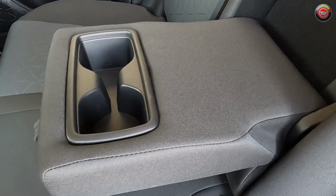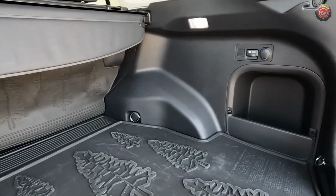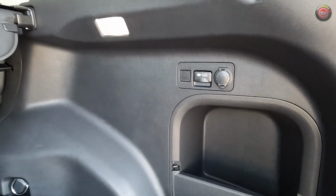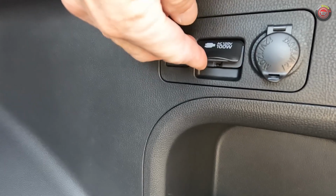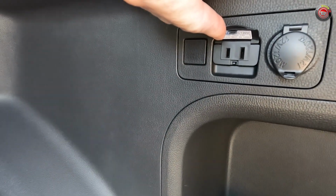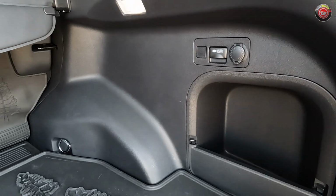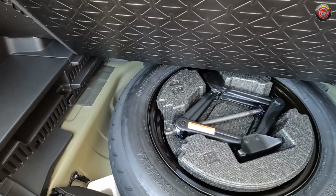And as I sort of already showed you, this does have a nice big cargo area. These seats do fold down in a 60-40 split. Part of this trim grade gives you the 120 volt outlet at the back so that you can power things at your campsite, or when you go out hiking, you can have a cooler back there that's drawing off the electricity. And the best part, underneath that floor, even though it is a mini spare, there is a physical spare